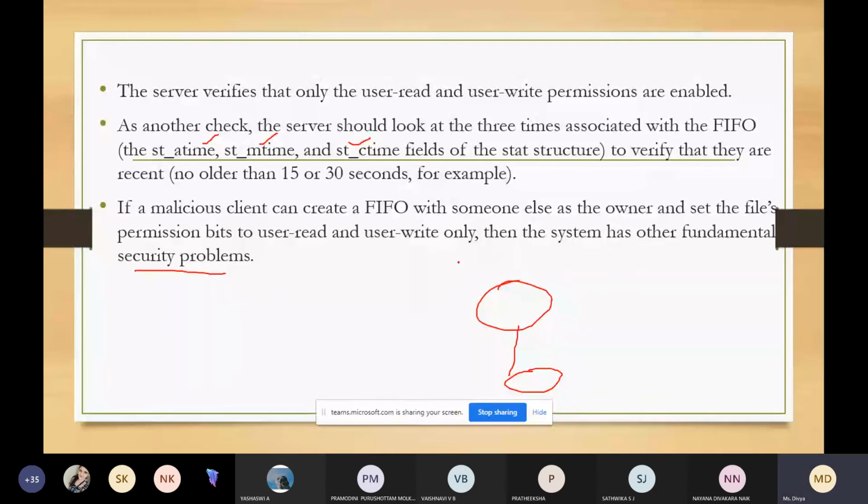So while the server starts communicating with the client, it has to take utmost care to make sure that a genuine client has created this FIFO. It has to check all the security permissions before further communication and sending data between the client and the server. Otherwise the server may be communicating with some unwanted client.